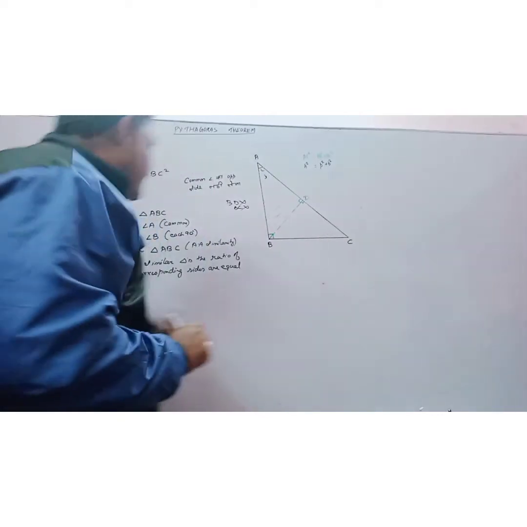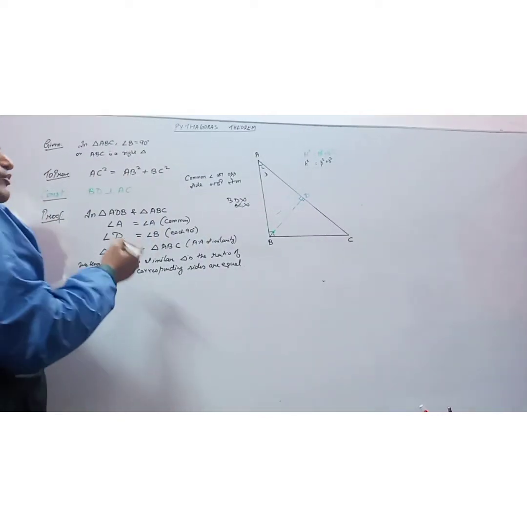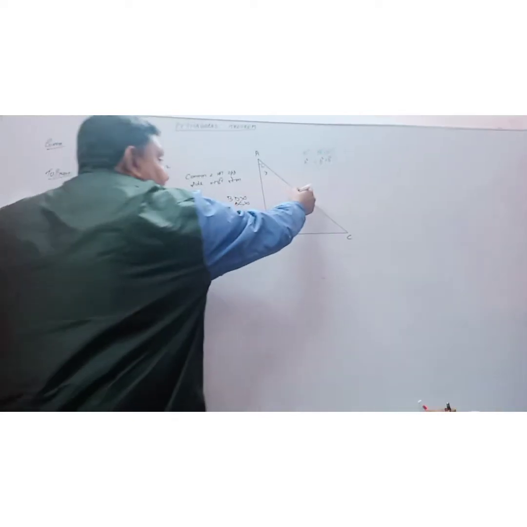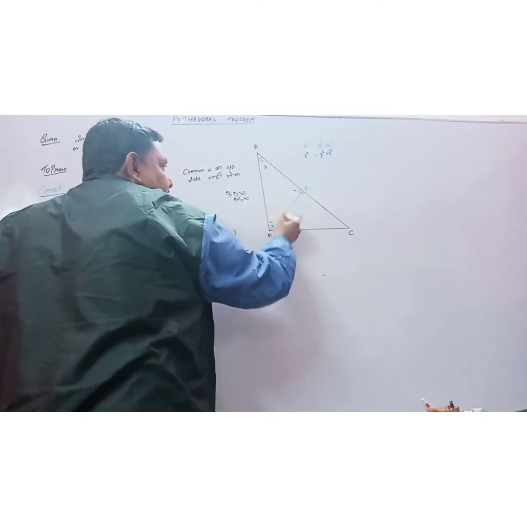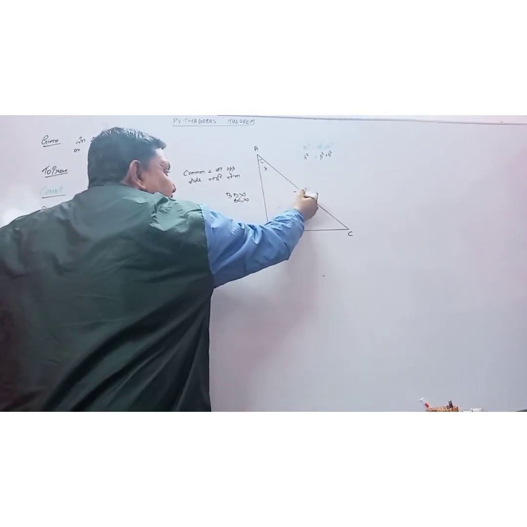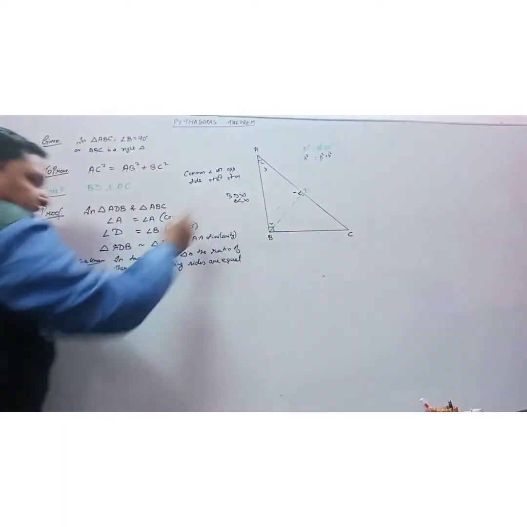Is that clear? Now, what do we have to take? So left is, in the small triangle, this as well as this. So 90, the opposite side of 90 in the small triangle is AB.